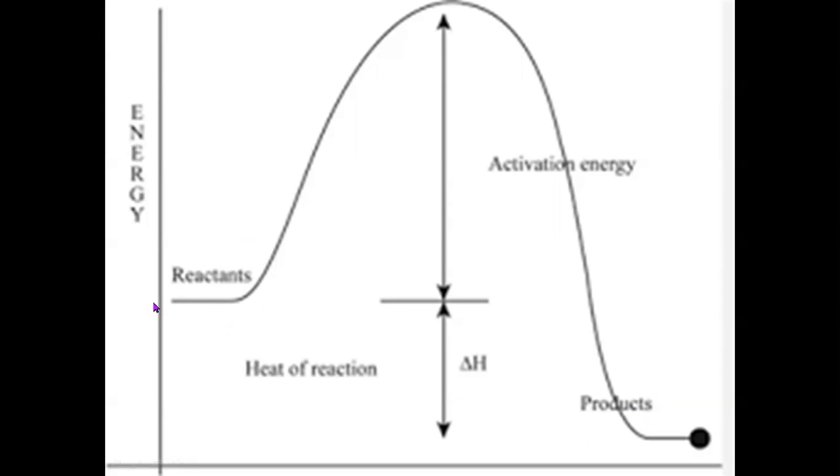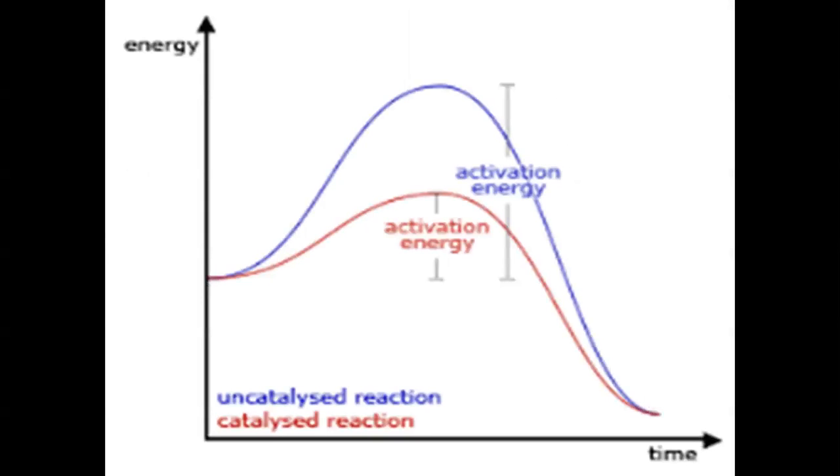Always remember, if energy of reactant is higher than energy of product, they will give out or release energy, that will be taken as negative, and the reaction is called exothermic. And if the case is reverse, if energy of product is higher than the energy of reactant, that is called endothermic. And during the endothermic reaction, energy is absorbed. Now,